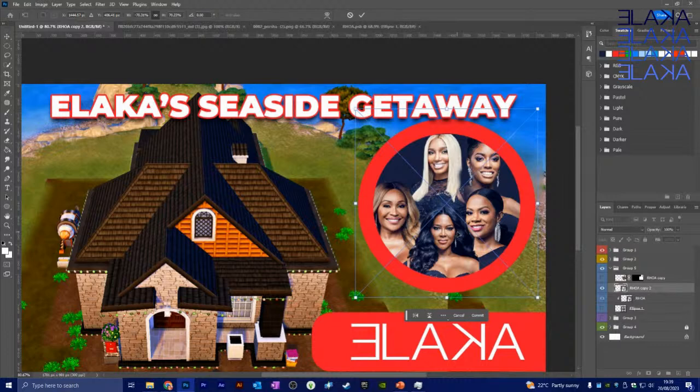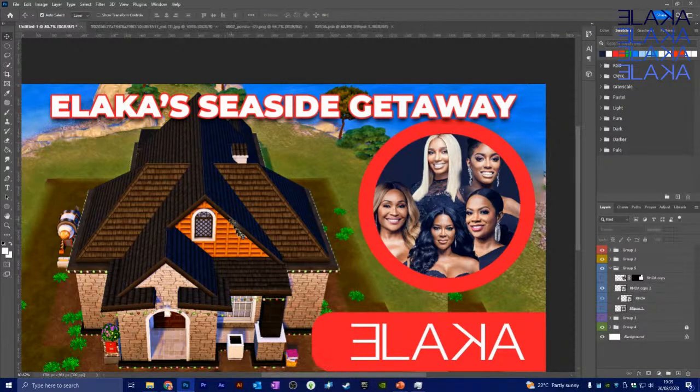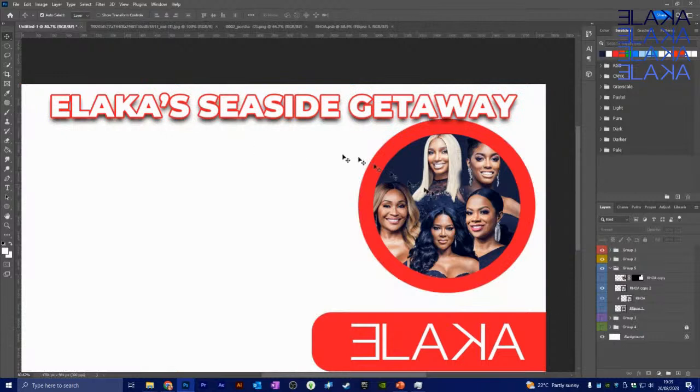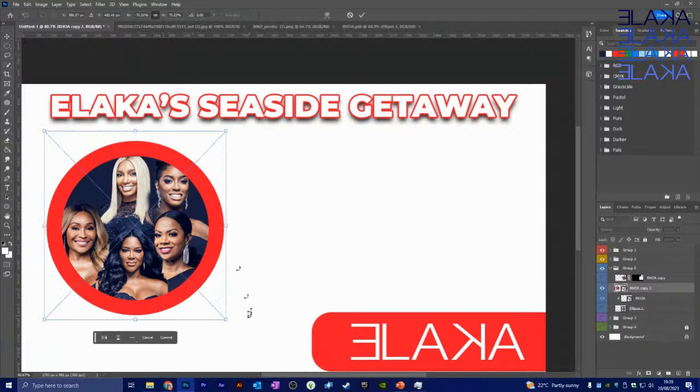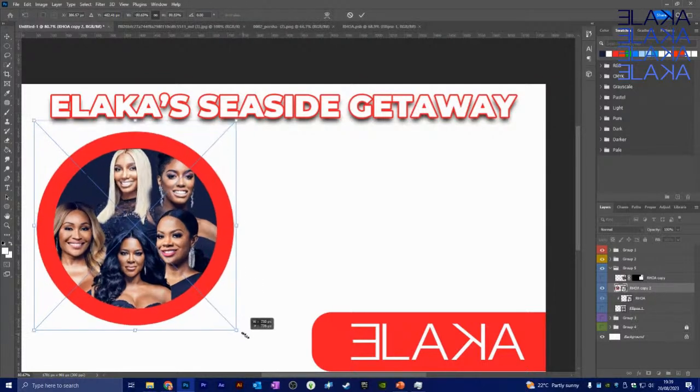Thumbnails with circles actually are really, really good for group things, because it kind of compartmentalizes things and makes them a lot neater. And then you can put your shocking headline on the side. So for instance, in this case, if I was to hide this background, that one there, and bring that out like that,